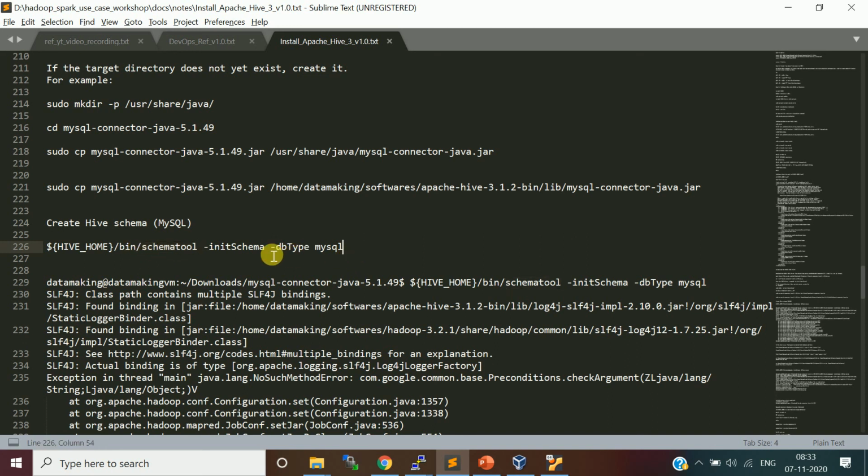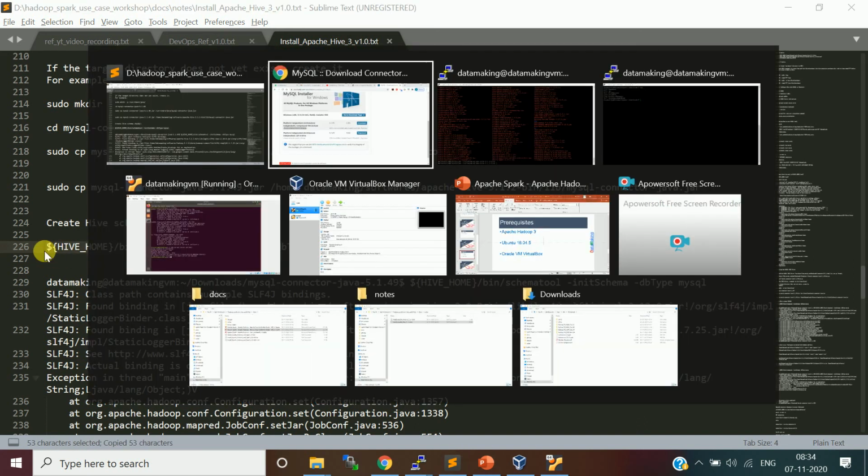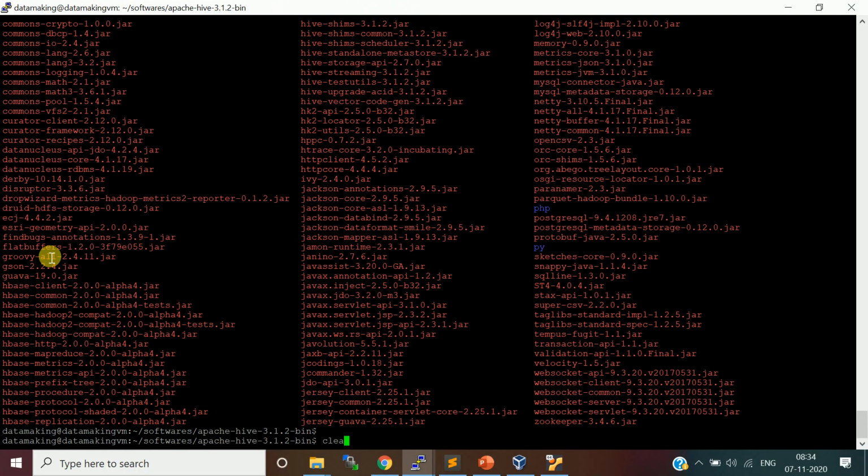You just run this. Basically, you have to say initSchema with dbType, because they support different RDBMS databases like MySQL, Postgres, and so on. We are going to use MySQL, so you need to pass this as mysql. I'll clear the screen.